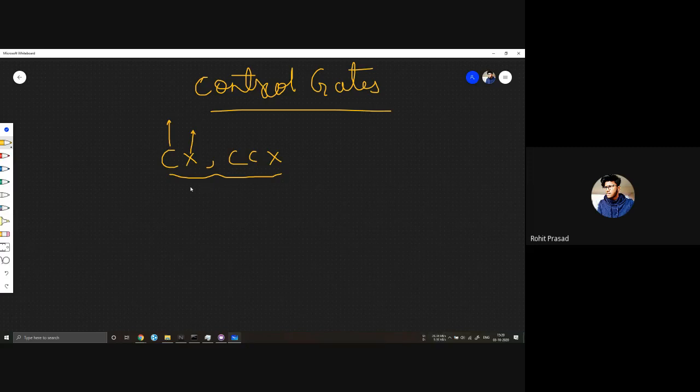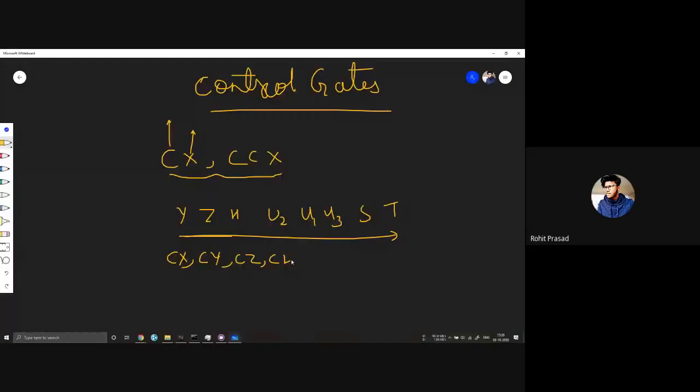Almost every gate in quantum computation, like Y, Z, H, U1, U2, U3, S, T, and other gates, you can make a control gate out of it. You can write CX, CY, CZ, CH, CU, and all of them will work the way CX works.